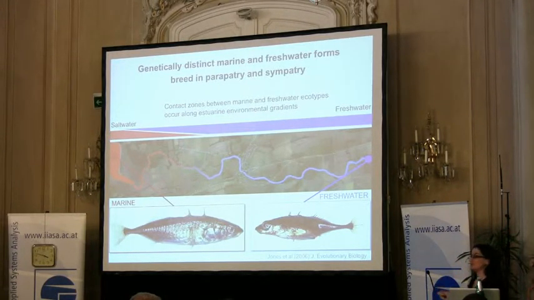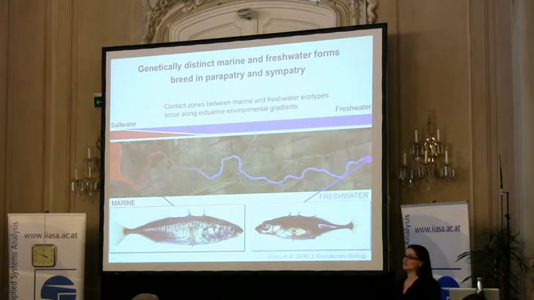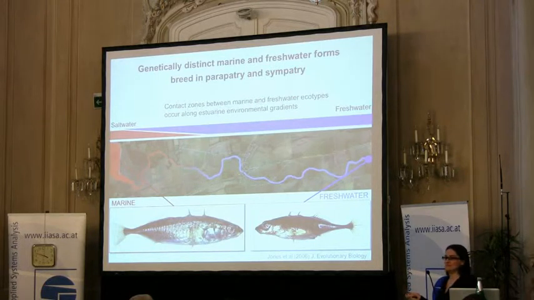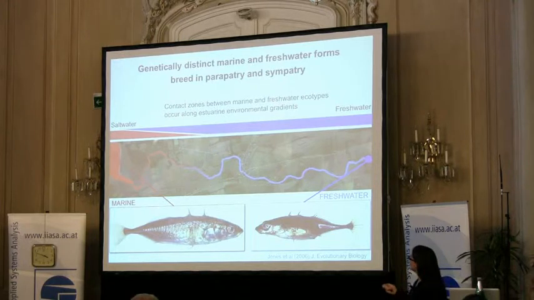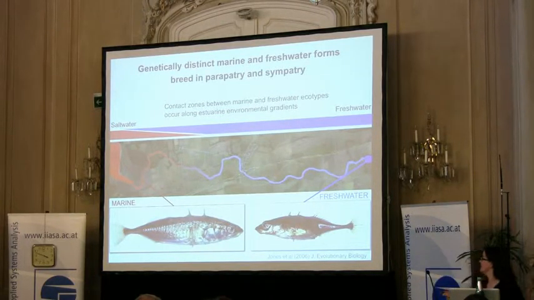The marine and freshwater forms come into contact in the lower reaches of estuaries throughout the world. So marine fish, what we call marine fish, are truly actually anadromous fish like salmon. They actually breed in these lower reaches of the rivers in freshwater. They migrate out to sea and they come back to breed again. So when you look at this contact zone between marine and freshwater forms, you can find that they're coexisting in sympatry. And this is co-occurring along an environmental gradient in salinity and a whole bunch of other environmental parameters.